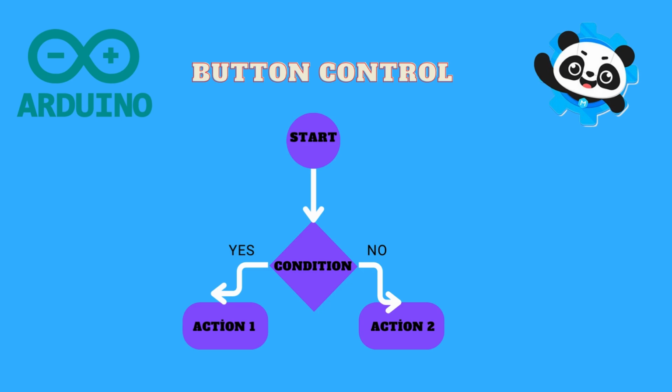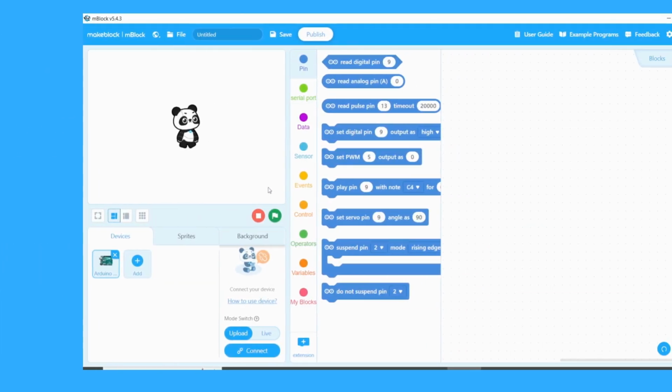Another example. If you like apples, eat an apple. Else, if you don't like apples, eat a banana. With this logic, we can give the computer two different instructions for two different situations.